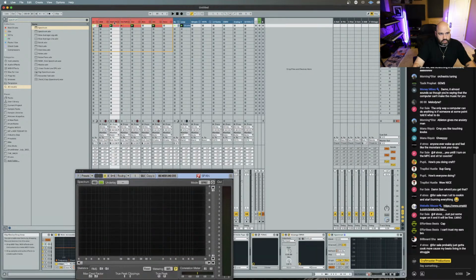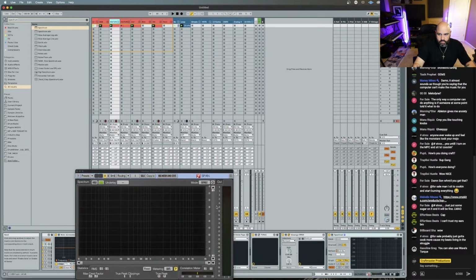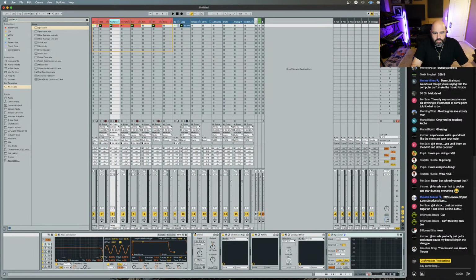All right, so we'll call this one the regular one. You can also use Waves Torque. Honestly, Greg, I found with Waves Torque, that's another one, bro.